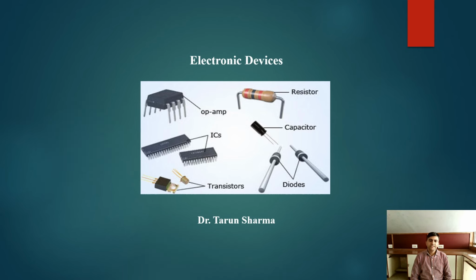So the electronic devices, if you see in these slides, there are various small components. The capacitors, ICs, transistors. These are the electronic devices, and these electronic devices are made up of semiconductor materials. So in these slides,